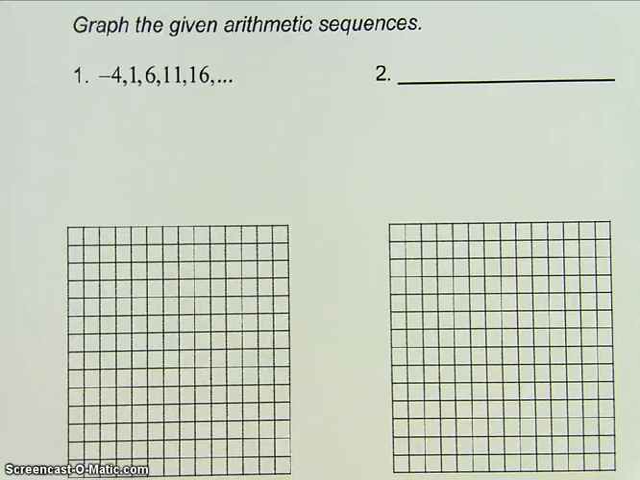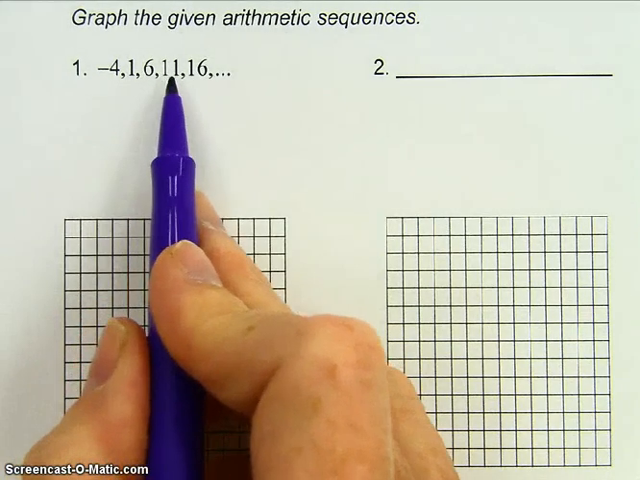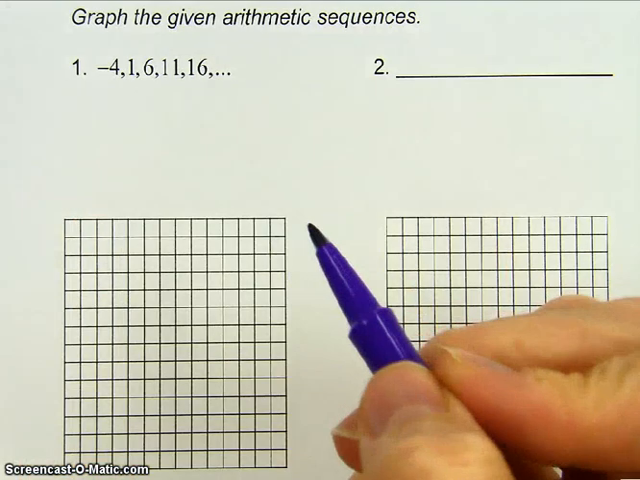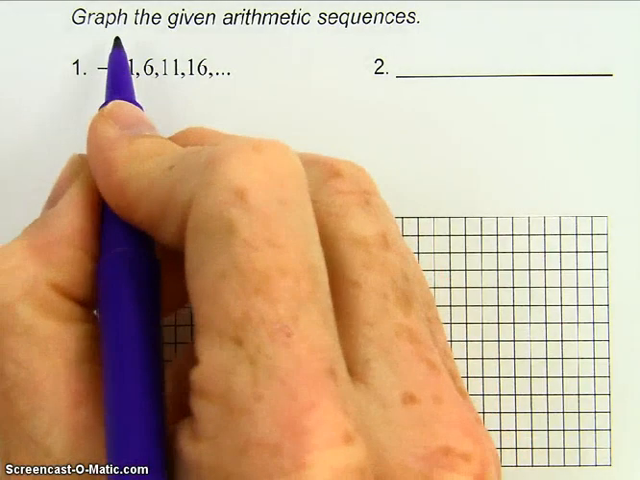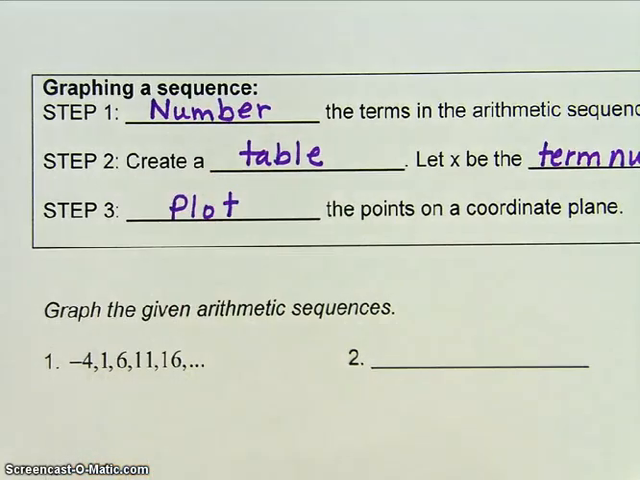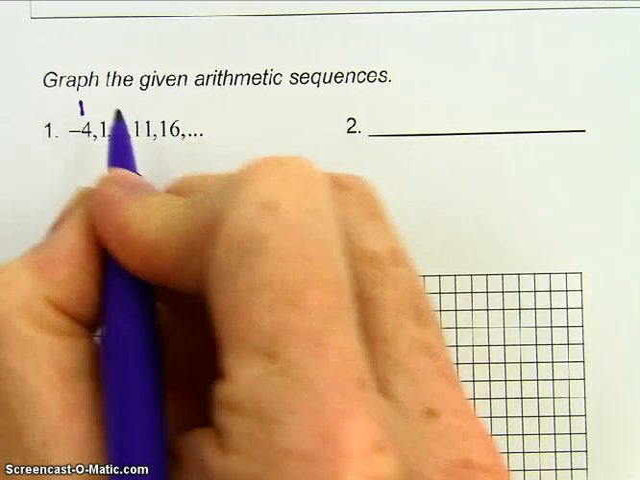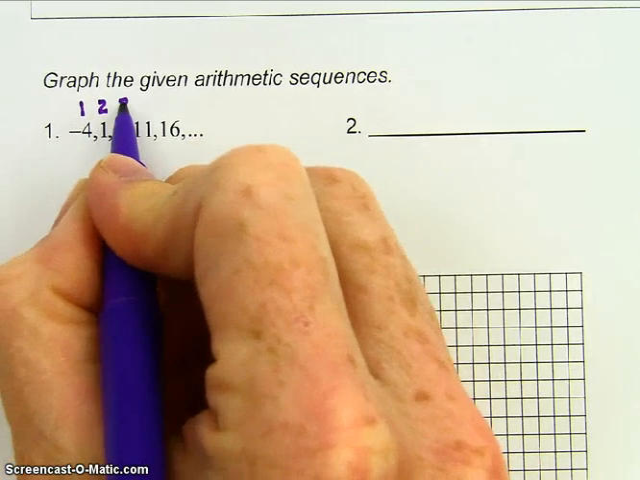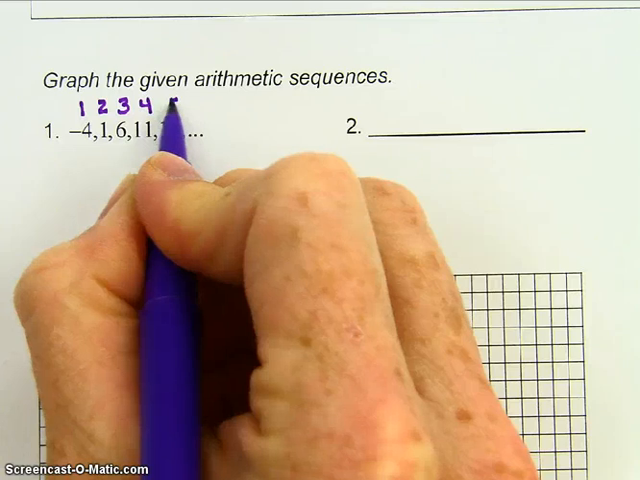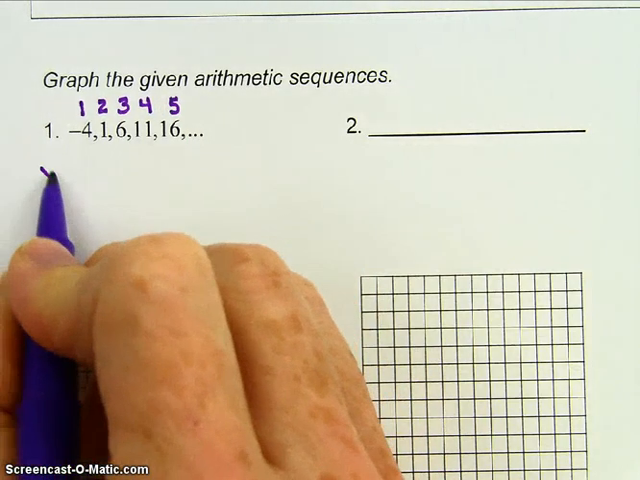Okay, so you've got your sequence. The first thing, it is arithmetic. It is adding 5 every time. So we are going to number, like it says up here, the terms in the sequence. So 4 is in the first place, then second, third, fourth, and fifth place. So then you create a table